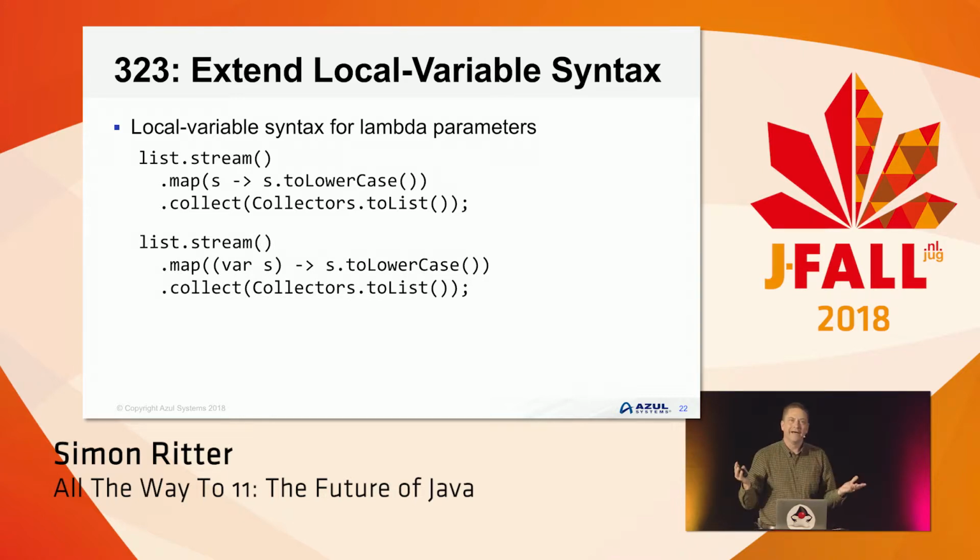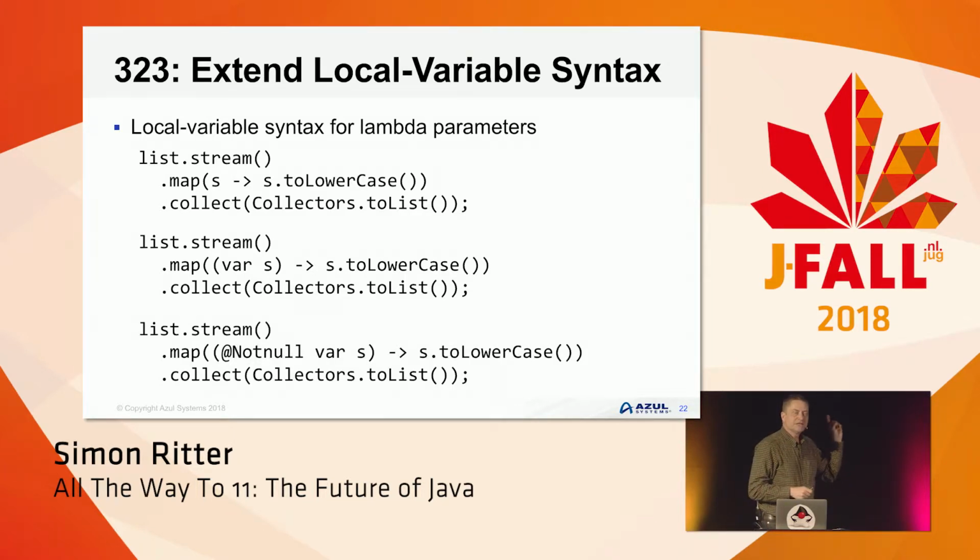And you look at that and you go, why? Why would I want to do that? I already have type inference in a lambda expression, so I can say s. I don't have to say string s. So you want me to add var to that with brackets. Why would I do that? And the answer is one situation and one situation only, which is where you would use an annotation. So if you want to use an annotation, you can't use an annotation without a type. So the syntax simply has to be, you could put not null string s, or to make it simpler, you can use var now. So it's just a very small kind of corner case where they've extended the use of local variable syntax.